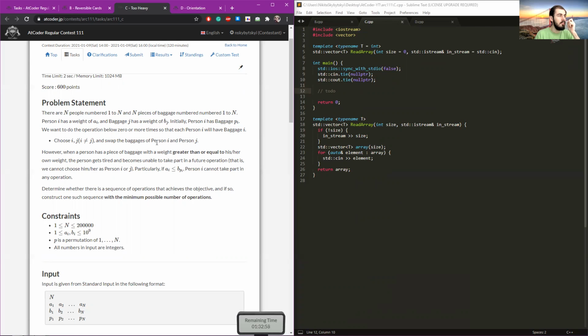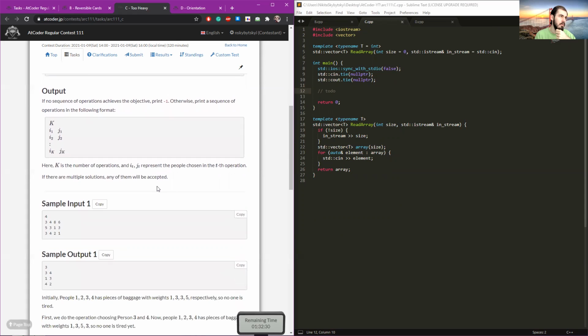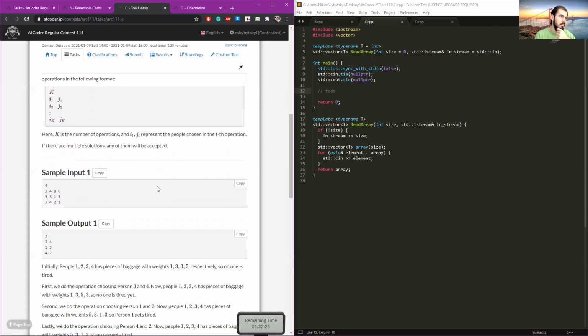With a weight greater than or equal to his or her own weight. Oh, okay. Yeah, so